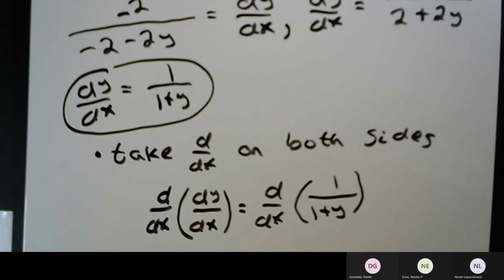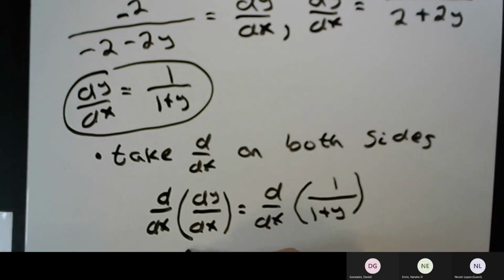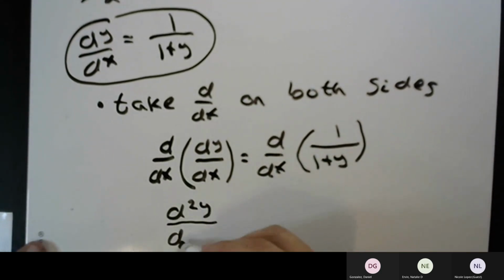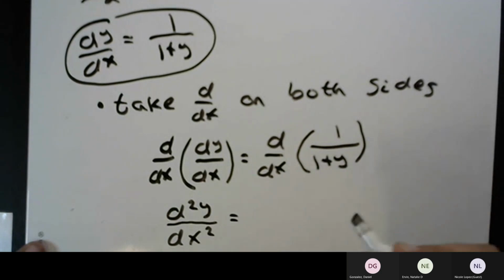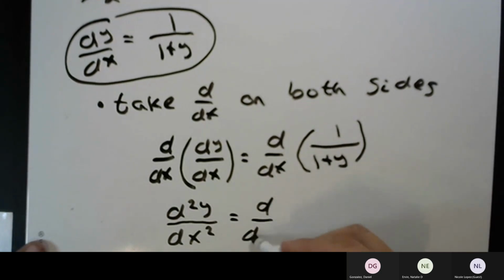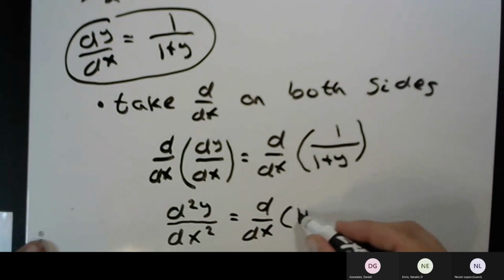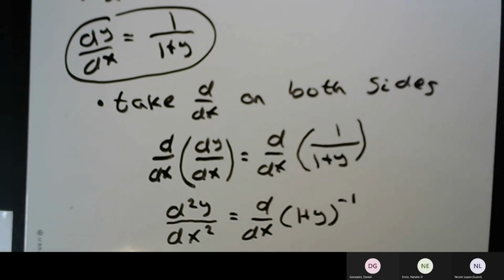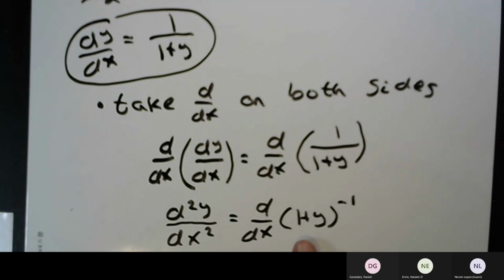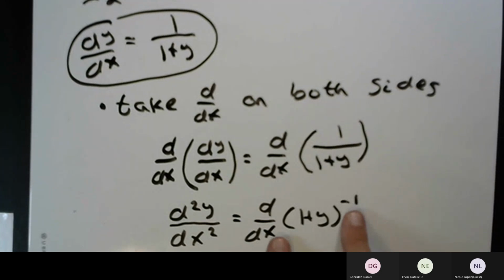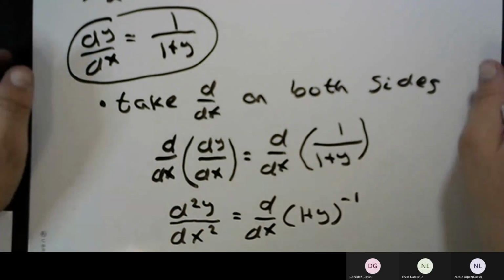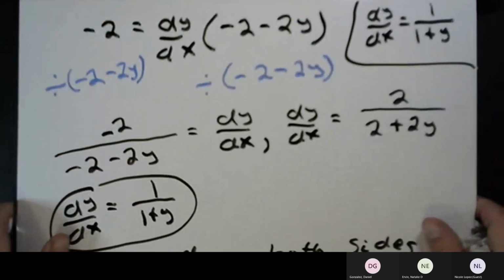now we can use our chain rule trick here. Now this will be d²y/dx², and we'll take d/dx of (1 + y)^-1. So we're going to use our chain rule. That means we're going to treat this as the inner function. This out here is the outer function. And so what that's going to give us